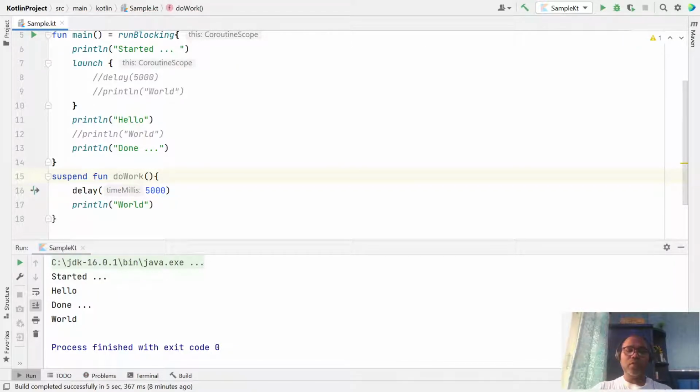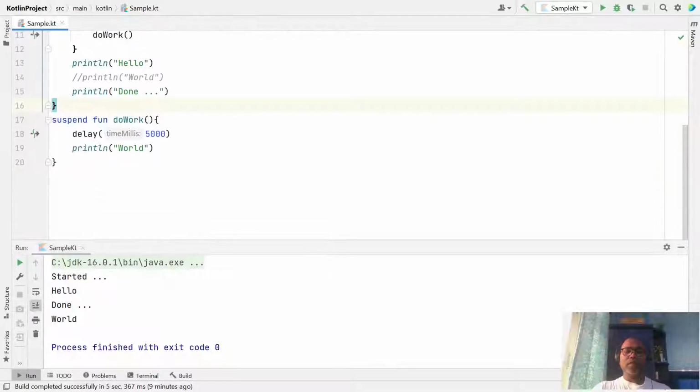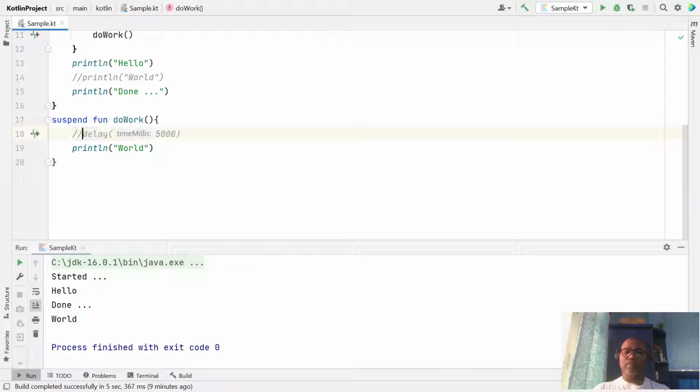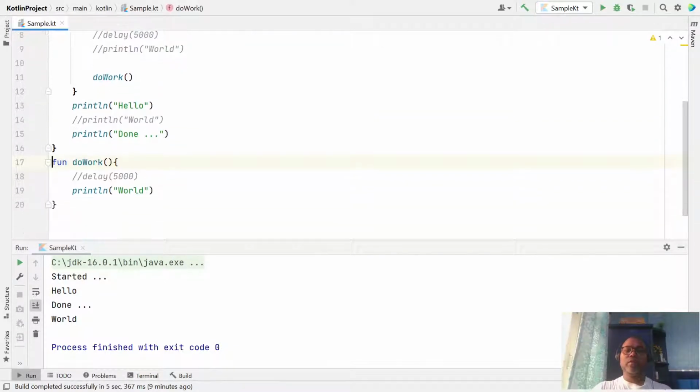And now in this doWork, instead of writing all the code here, if you are not writing these lines of code, then what happens? Let's run it.